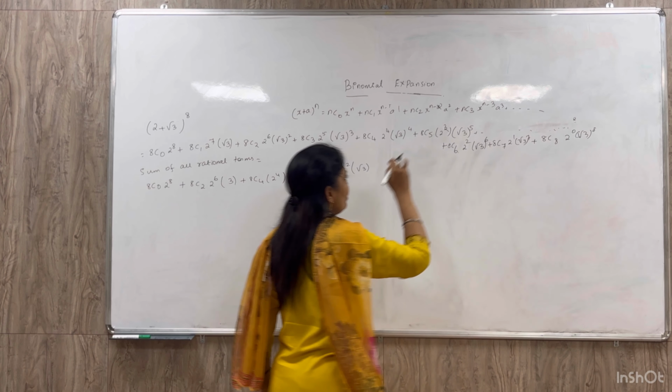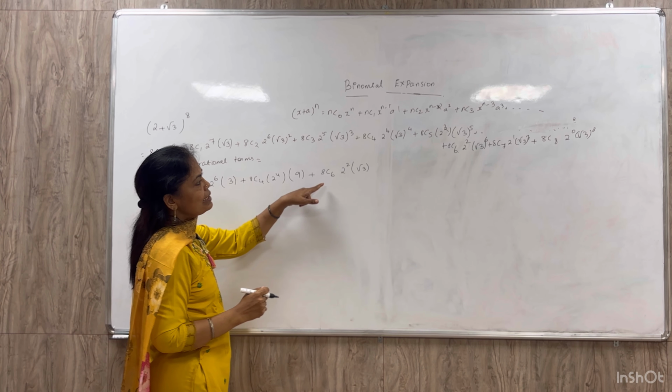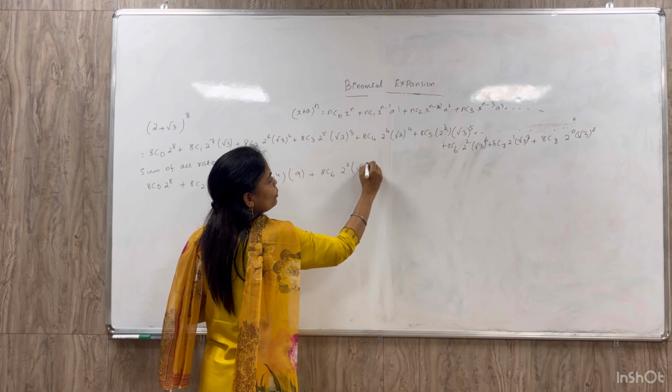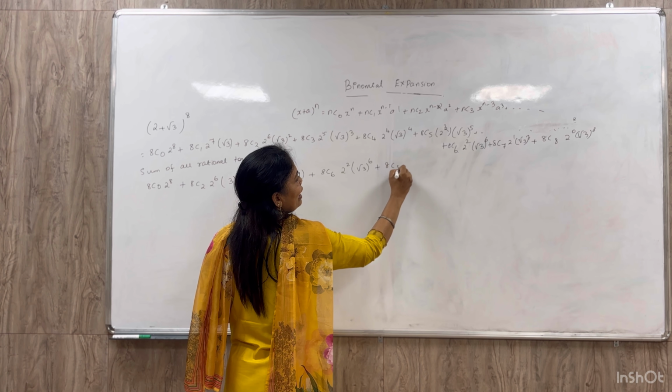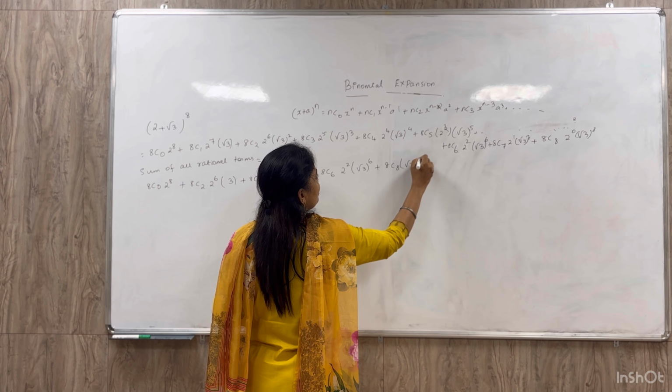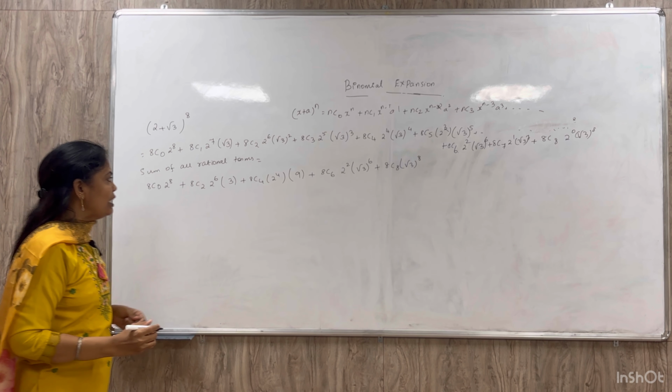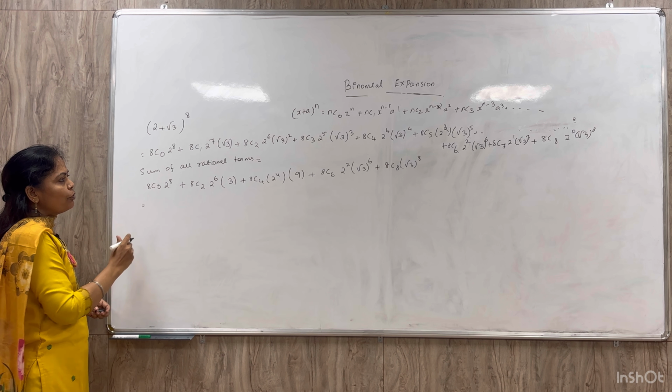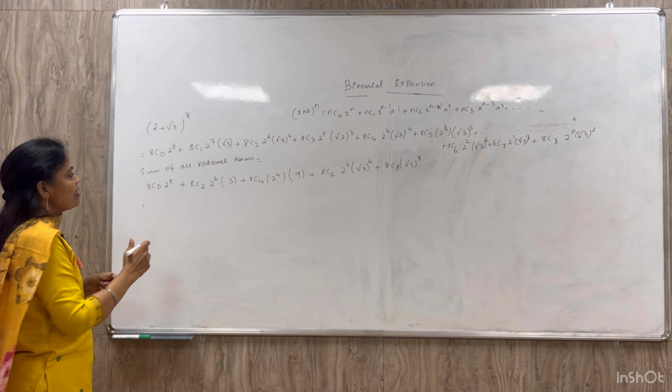So I am picking only the even terms. So 8C6 2 to the power 2 root 3 power 6 plus 8C8 root 3 power 8, because these are all called the even terms. Now they have given 4 types of answer. So the answer will be